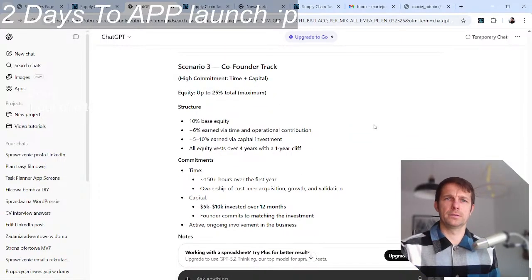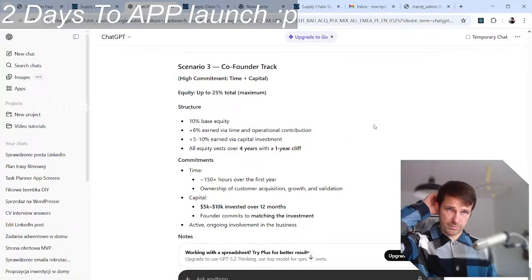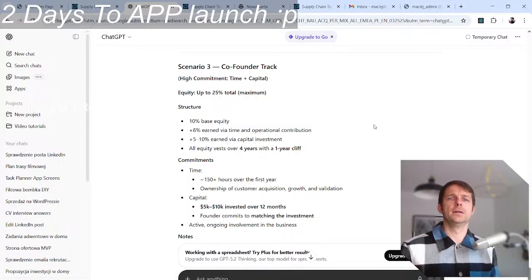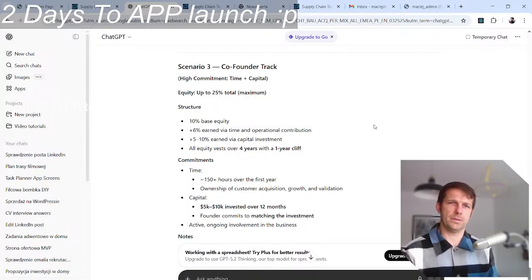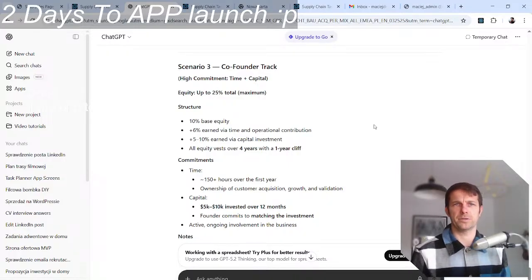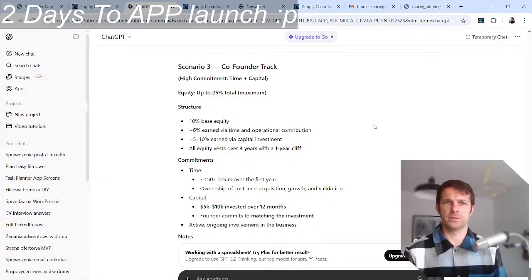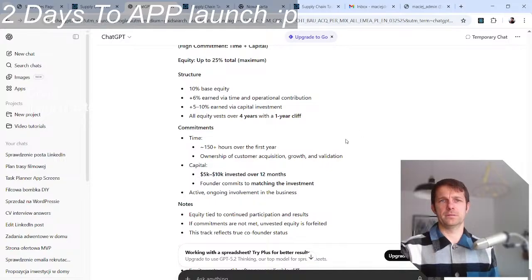Co-founder track: equity up to 24% maximum, total base equity earned via time and operational contribution. 5 to 10% earned via capital investment. All equity vests over 4 years with 1 year cliff. Over the first year, 150 hours. That's like a month.